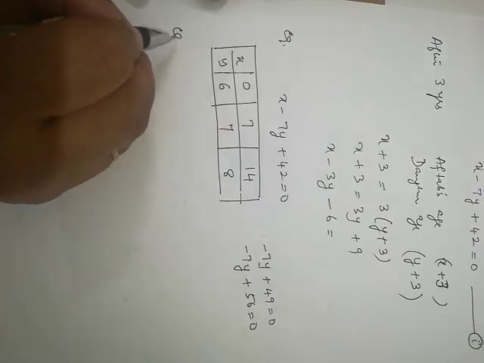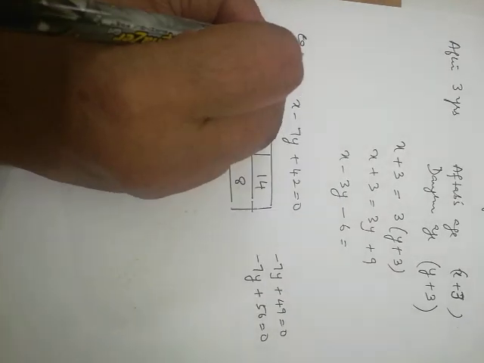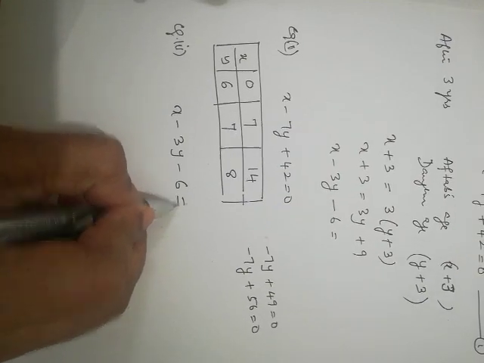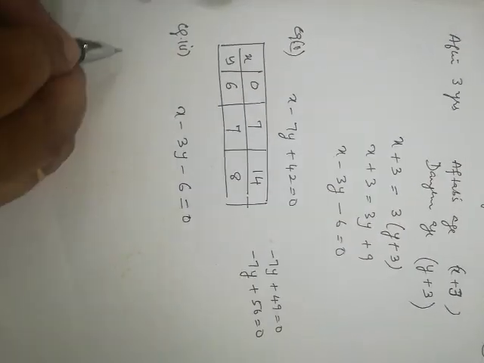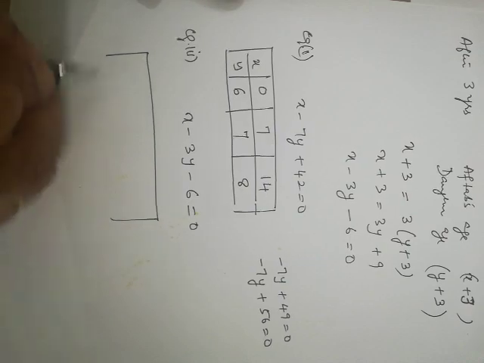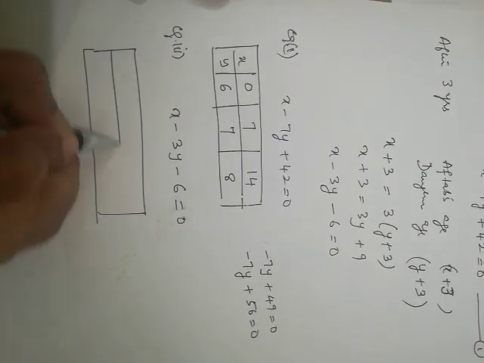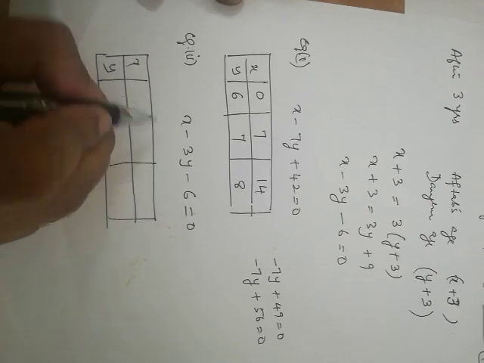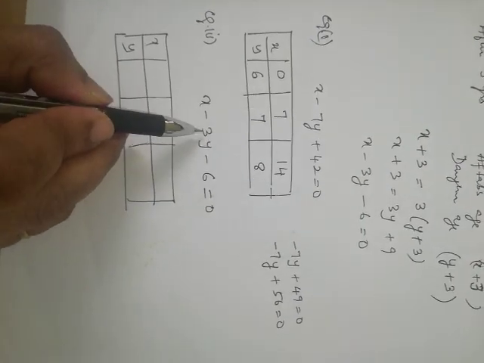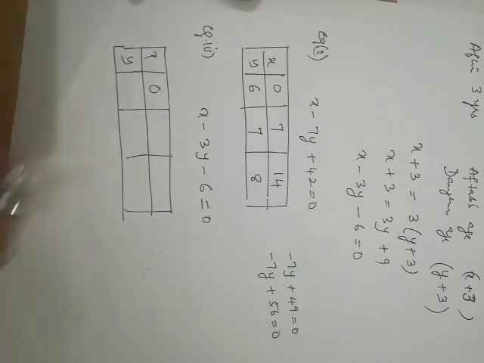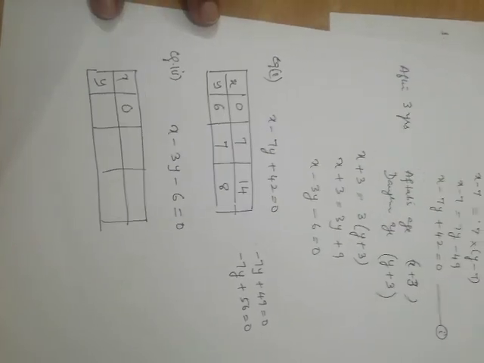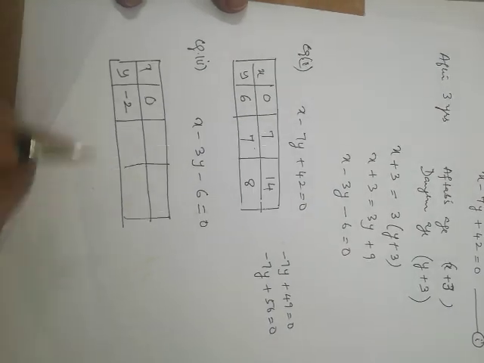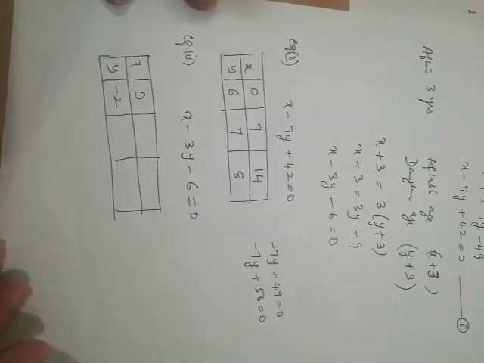Next equation, let me take equation number 2. This is equation number 1. x minus 3y minus 6 is equal to 0. Again, let me make a table. Okay? Just like how we did in 9th. 3 points. Now if you take x is equal to 0, it will be divisible, so it is easy. So let us take x is equal to 0. That means y should be equal to minus 2. Am I right? Plus 6 and minus 6.